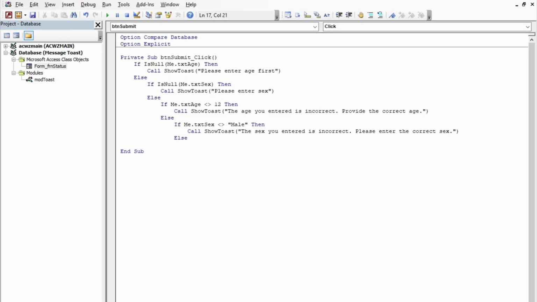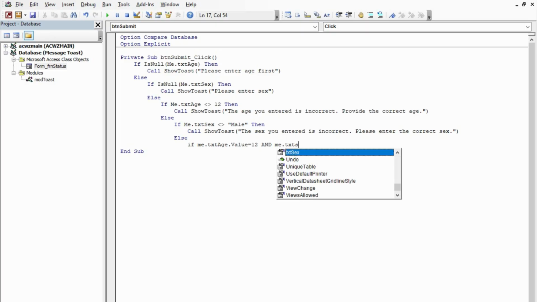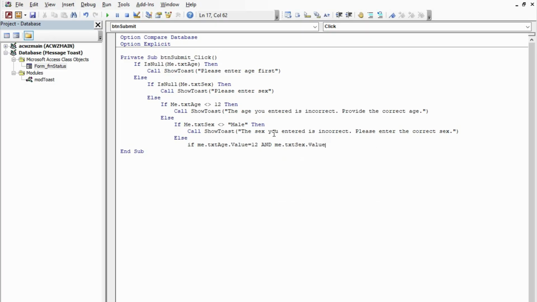Else, so this one is going to be if main.txt age dot value is equal to 12 and main.txt sex dot value is equal to male, then call show toast. Then when you get everything right, you just say